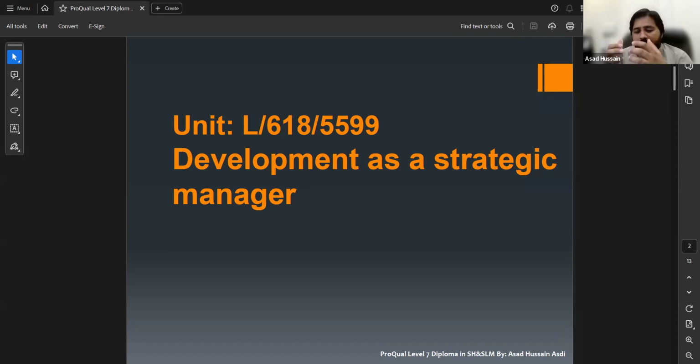So there is a thin difference between them, but you have to be very clear when it comes to manager or strategic manager. So I'm just going to summarize this.